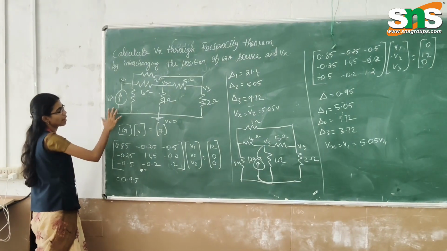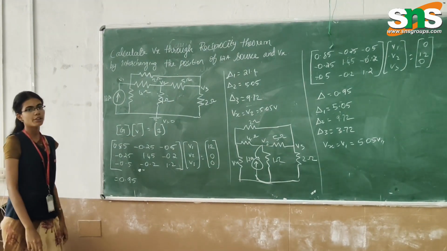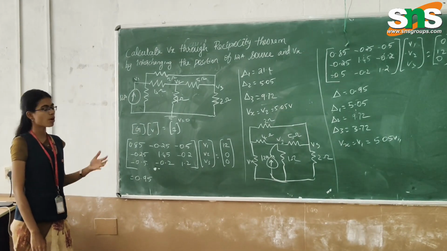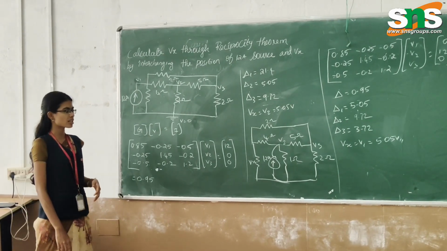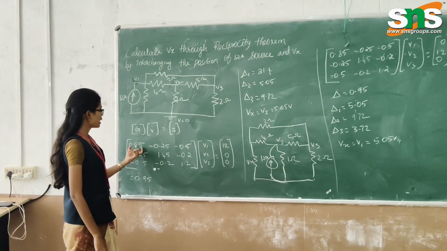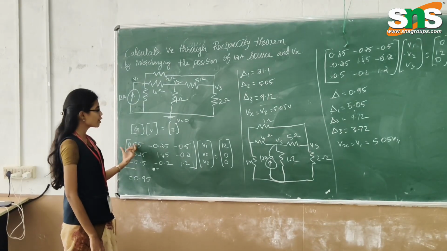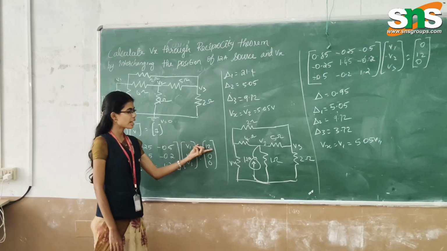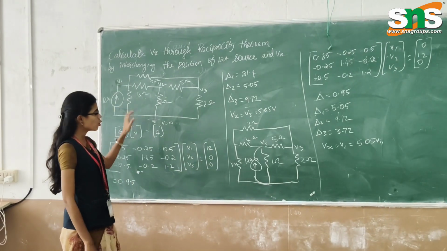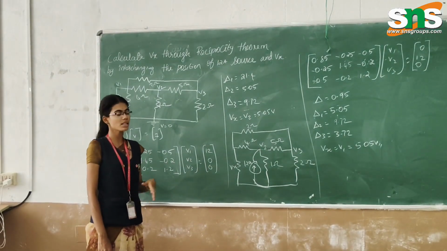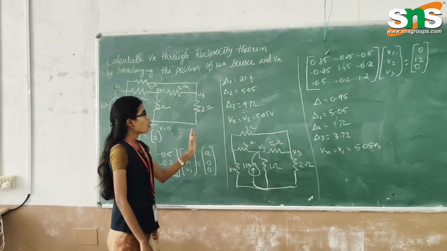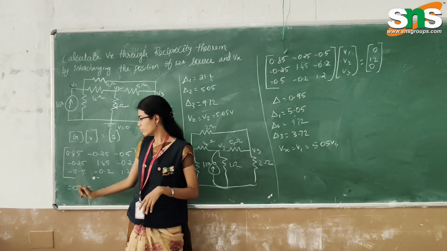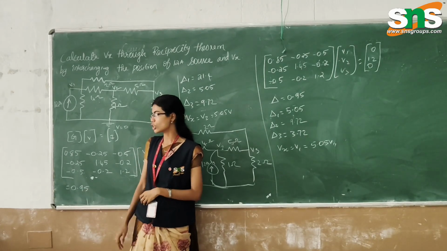Firstly we have to convert it into matrix form. Here 1, 2 and 3 loops are present, so obviously we get 3 cross 3 matrices. By the direct inspection method we fill this 3 cross 3 matrix with V1, V2, V3, and the 12 amp current source is present in the first loop and the remaining 2 loops are 0. Applying Cramer's rule for that inspection method, we get the delta value as